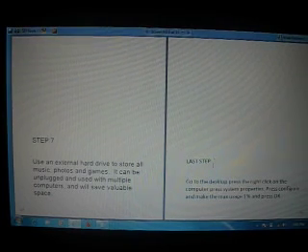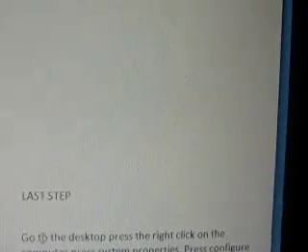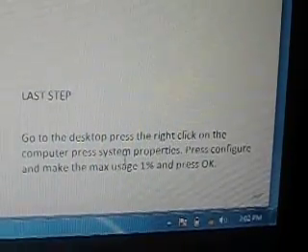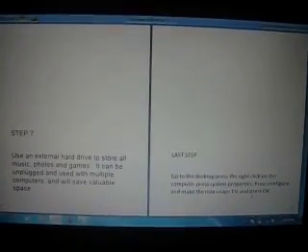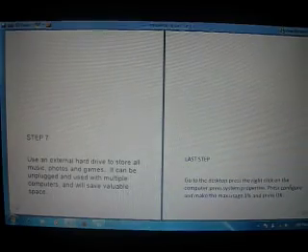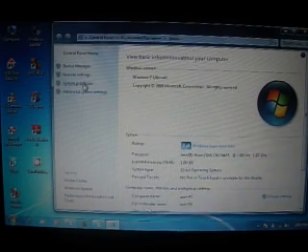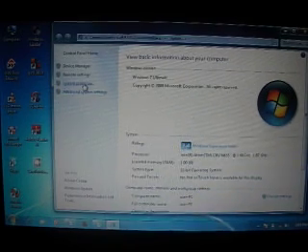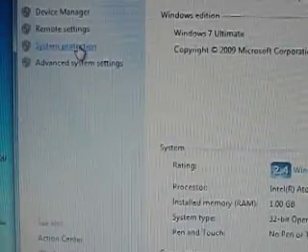And last step, go to your desktop, right click on your computer icon and click Properties, and click System Protection on the left side.